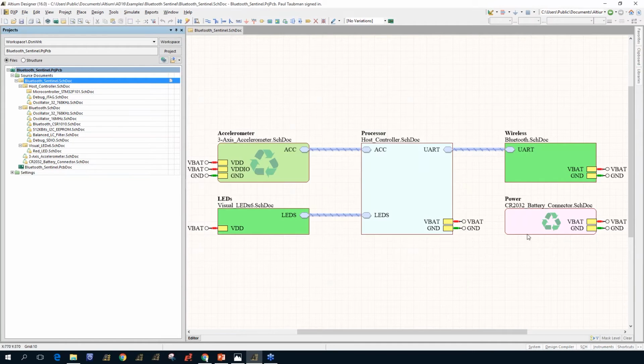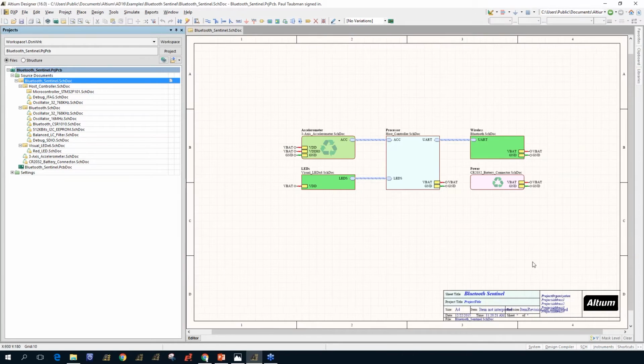So if you see that recycle sheet, that means that it was being reused from some type of template that individuals have put together. And I'm not just talking about the template. Let me do a view fit, actually a view document. I'm not just talking about templates in terms of the grid or the title block. I'm talking about a template that actually has components in it and some logic to it. So, okay. Before I continue on to how we navigate through this particular project, what I want to talk about